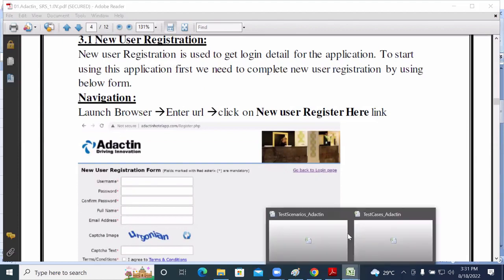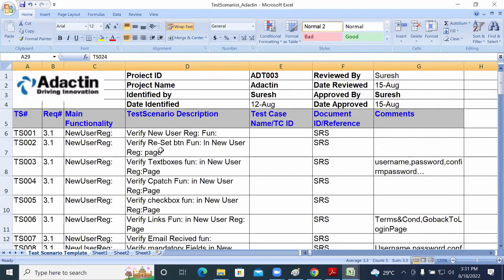Now we can see here. Let's consider the first scenario. What is the first scenario we got? Verify new user registration. We need to take care of verifying the new user registration functionality. Now we can see how we can write it, as simple as